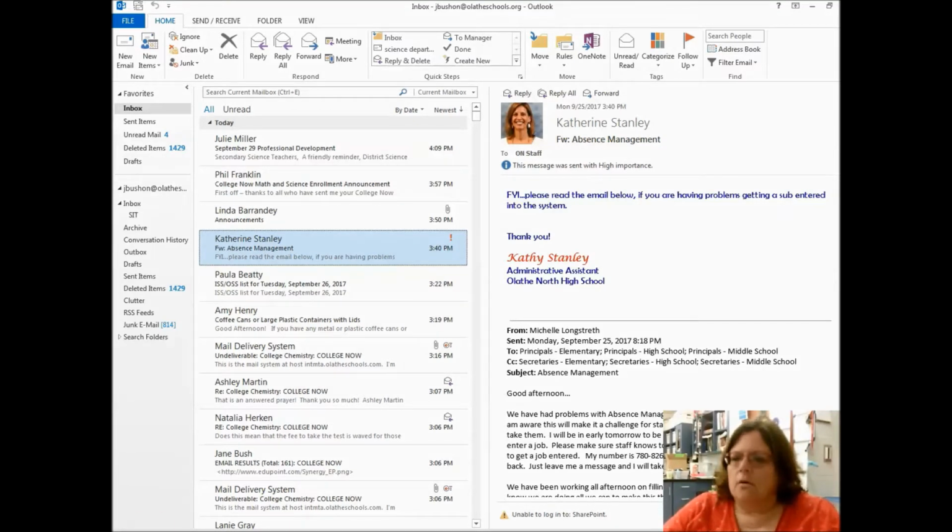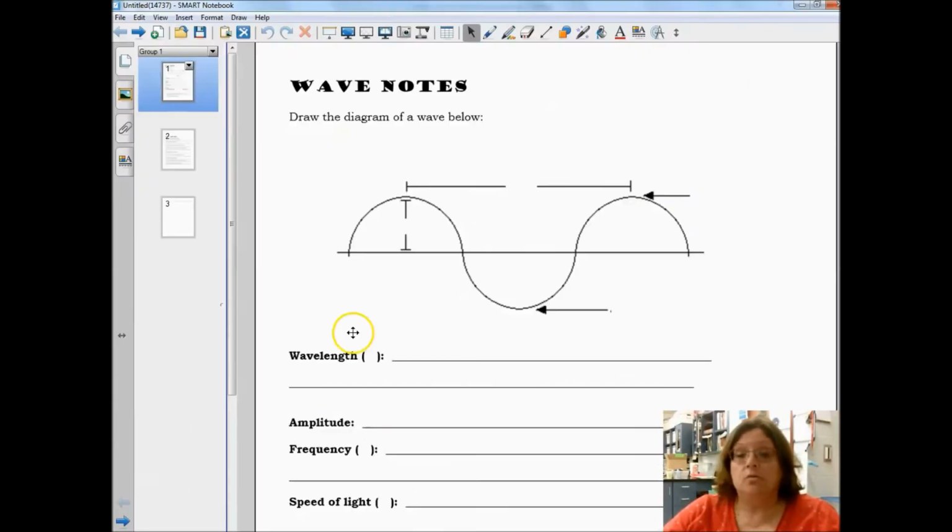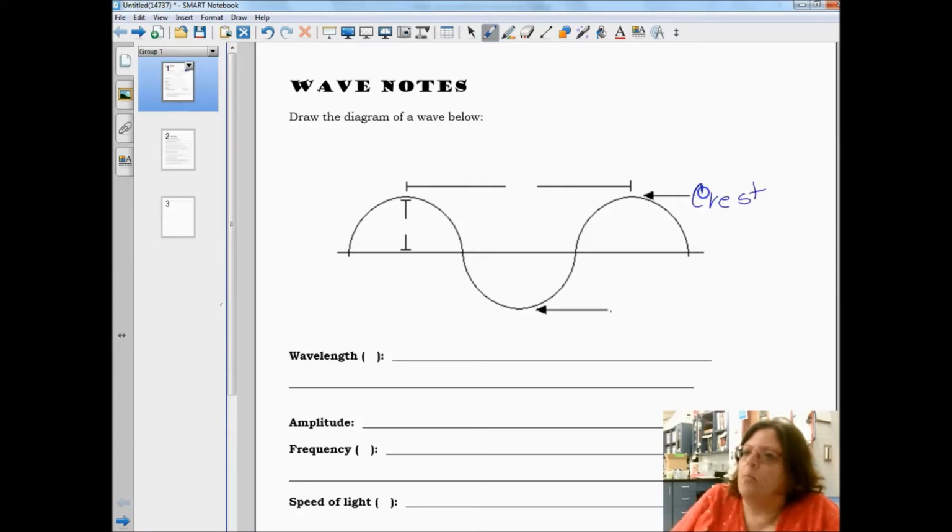So now we're going to talk about notes and waves. Draw the diagram of the wave. This distance from the top of the wave, let's start there. Top of the wave is the crest. The bottom of the wave is the trough. And these are what we call transverse waves,